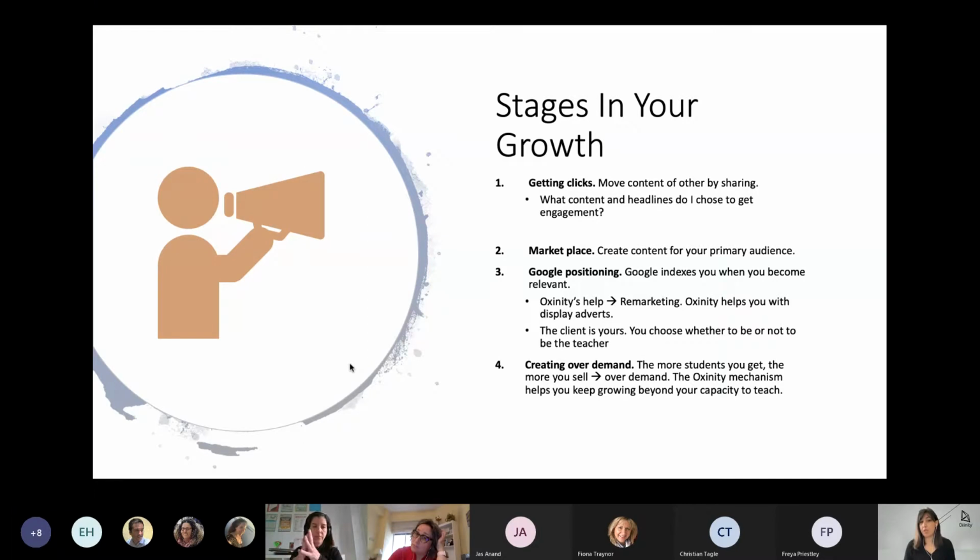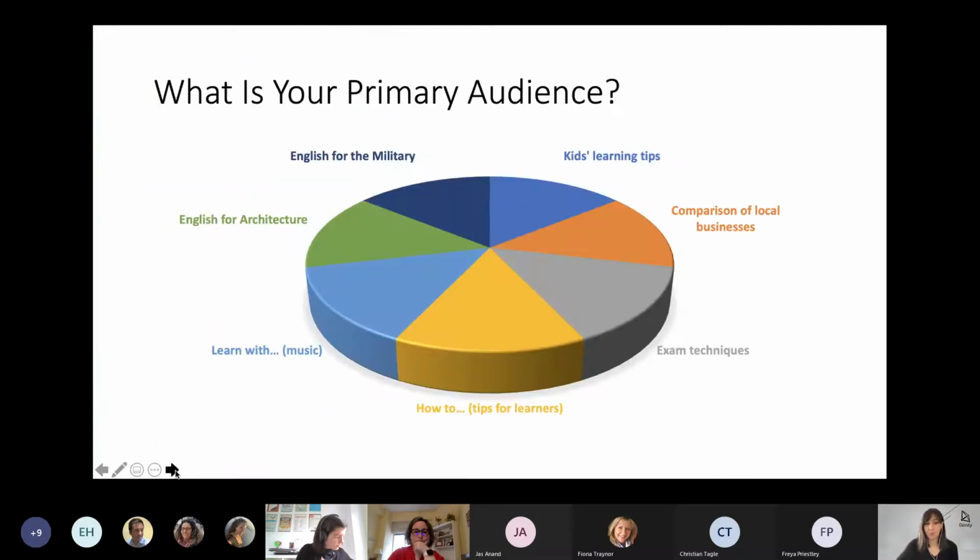What you can do is, in order not to turn people down, use a friend to pass them a client, but then you are losing the client if you do that. Here, we want the mechanism to be different. If you're going to pass a client to someone else, keep the margin so that you can keep growing much beyond your capacity to teach.